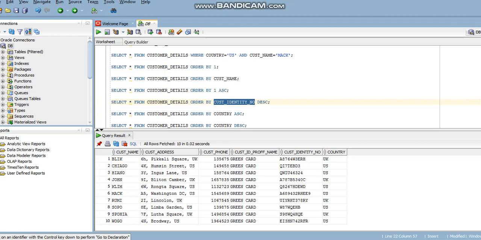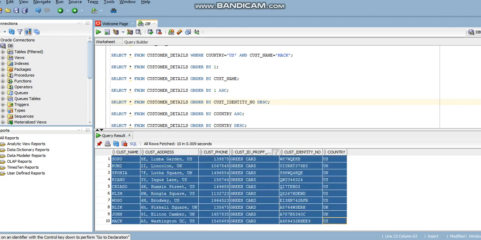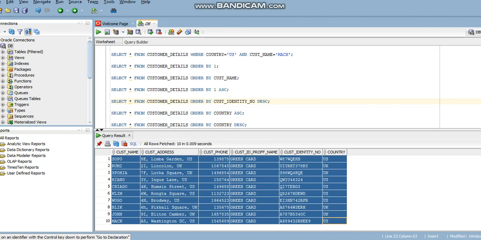So if we want to rearrange the data based on the customer identity number in descending way, we need to write a query like select star from customer details order by customer identity number descending. If we run it, we get the output in descending order of the customer identity number, as reflected on our screen.